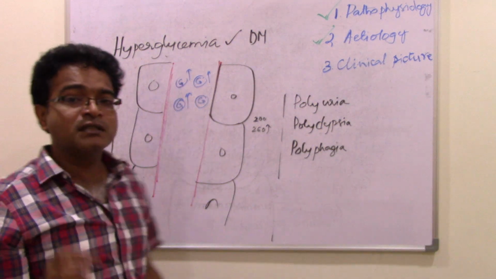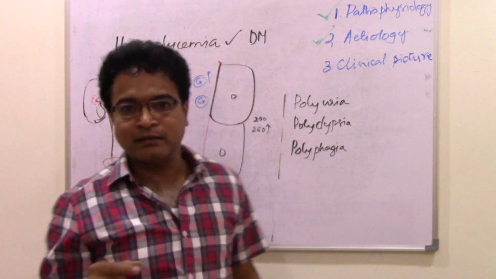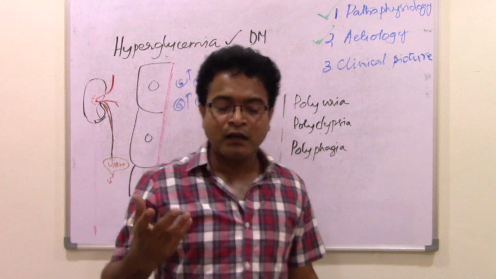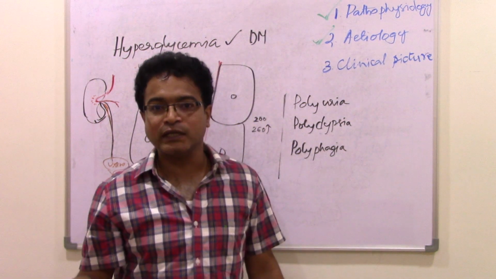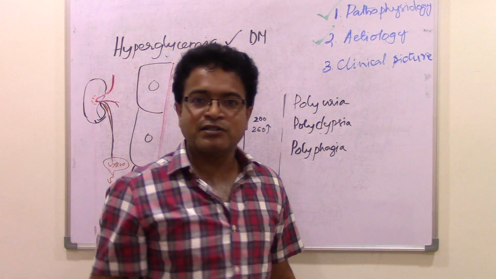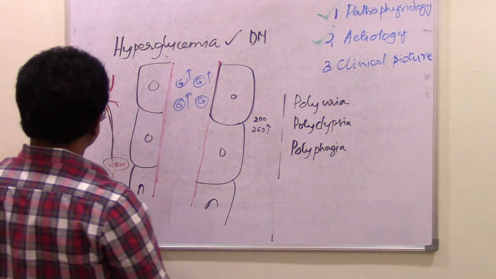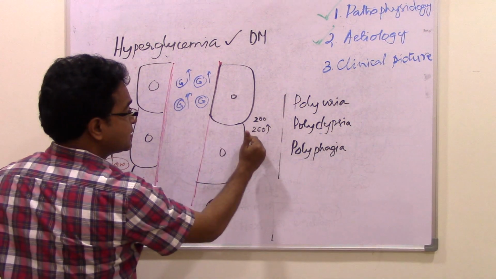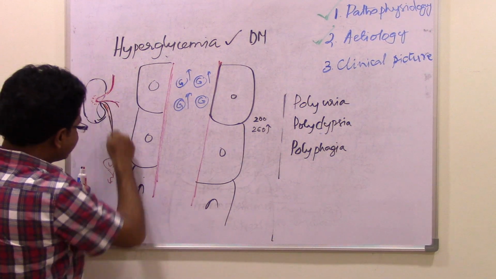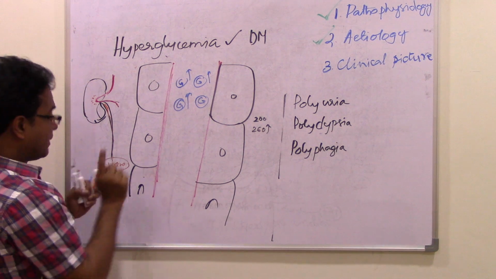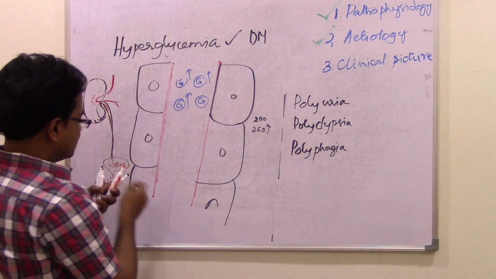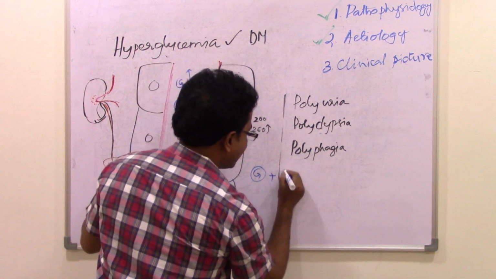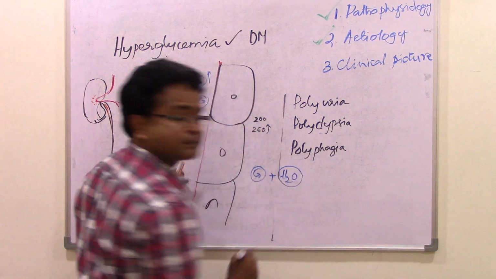By the way, glucose is the only fuel for our brain. The rest of the tissues, when glucose is not available, can use fat as a fuel and protein as a fuel, fatty acids and acetyl-CoA. But the brain cannot use these. So glucose is very essential. Once it crosses a certain threshold, the glucose leaks out in the urine. But this glucose takes away a lot of water along with it.